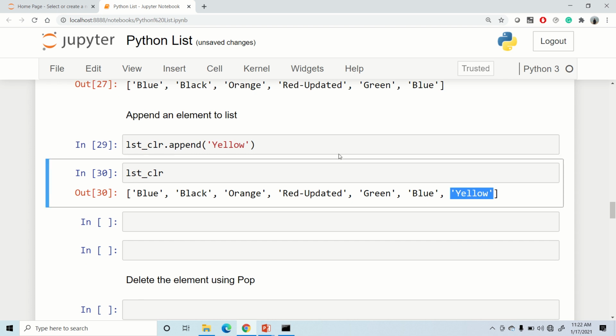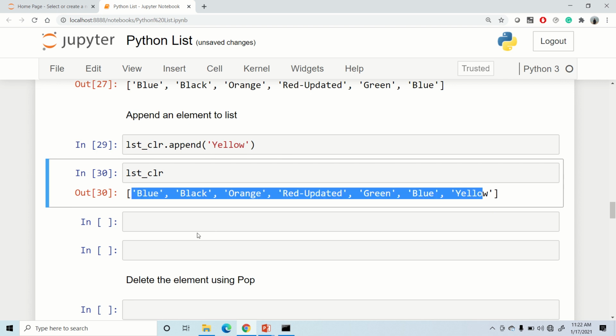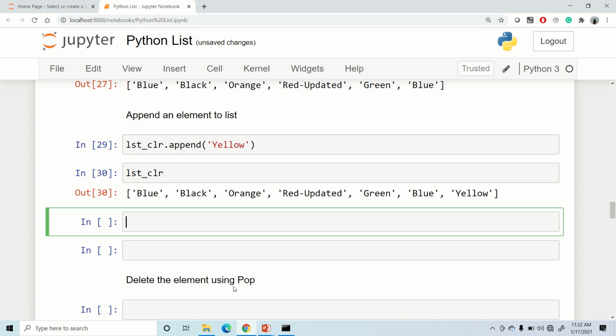The append method by default appends everything to the end of the list, but in case we want to insert something in the middle of the list, we can do that by making use of the insert method. If I say lst color dot insert, inside that I'll pass two things: the index number, let's say 3, and let me insert blue one more time.